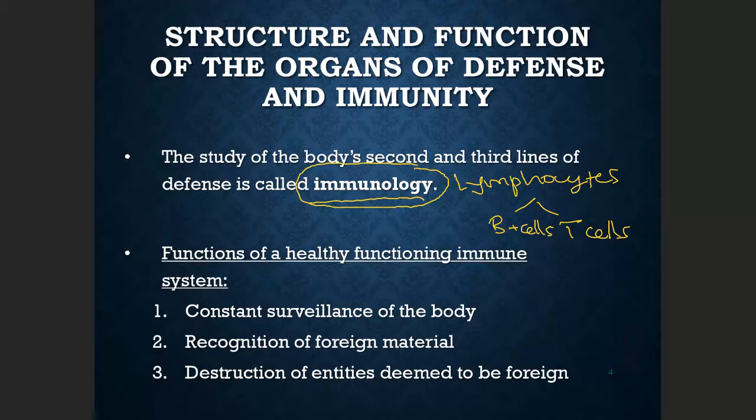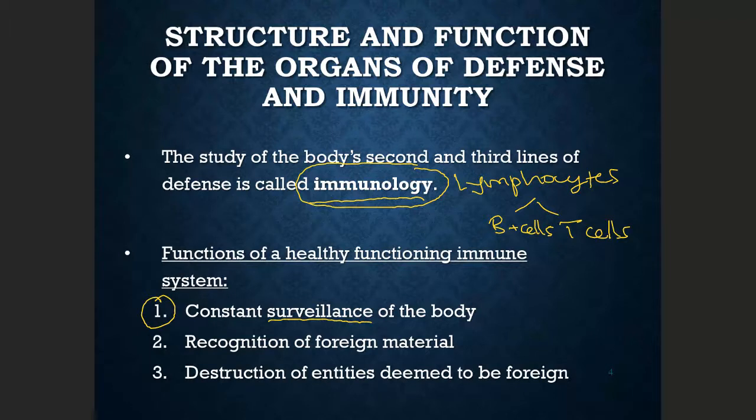First, they usually survey. They always survey our body. So this is what we call the surveillance. Like a T cell, they usually go around our body using the blood circulation and check if something happens in our body. For example, if a cancer cell develops, then the T cell will destroy that cancer cell as soon as possible. So this is what we call the surveillance. That's the first action of a healthy immune system.